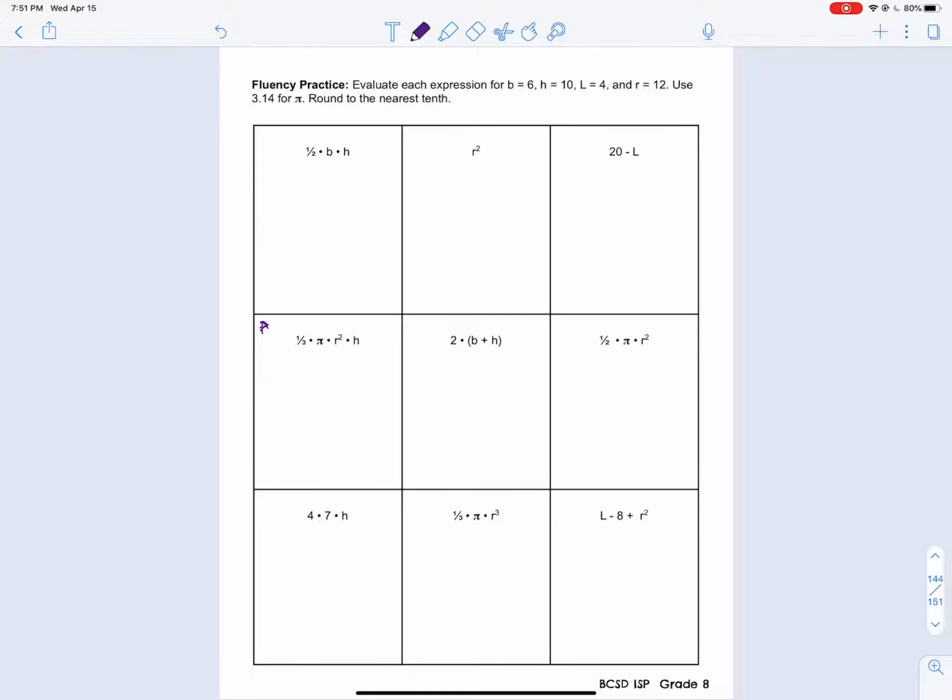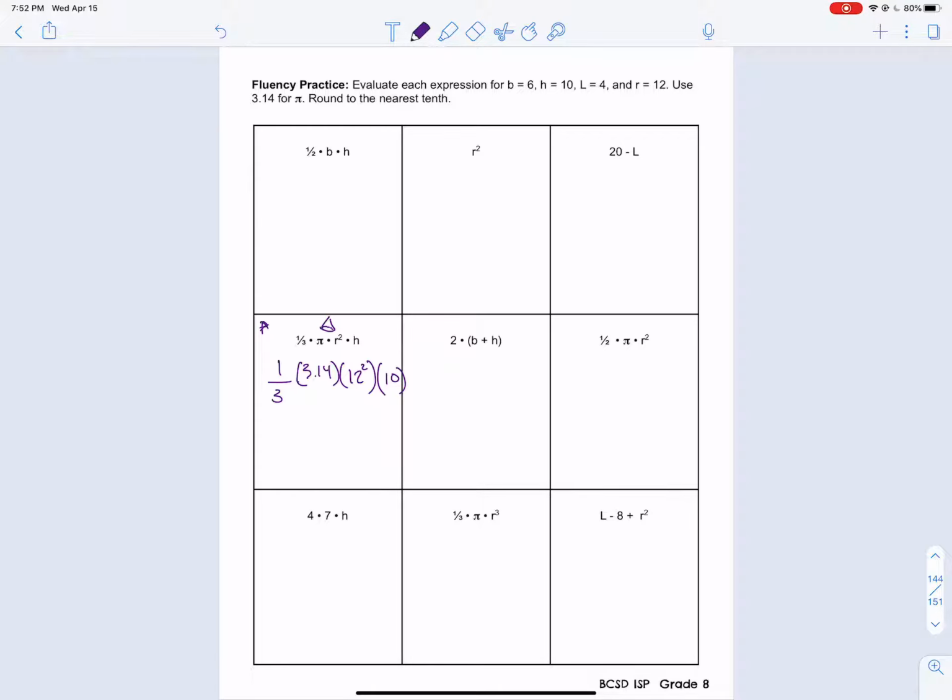So I'm going to rewrite it, but I'm going to use all the values that we are given at the top. So I'm going to write the fraction like this. Okay, multiplication. So pi is 3.14. Actually, I'm going to use parentheses for multiplication. R, so r squared, so 12 squared, which we should know is 144. And then times h, which is 10. Okay, so this is actually the volume of a cone. Okay, so we're just going to multiply this out